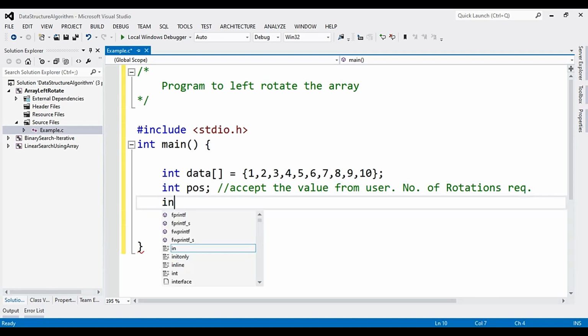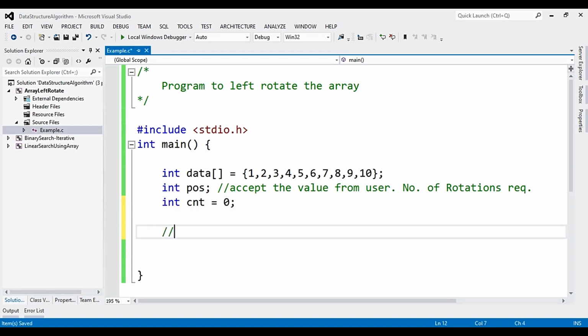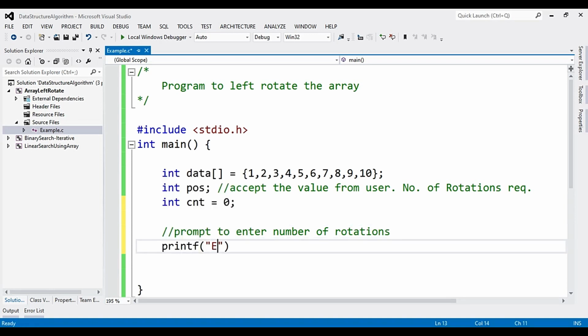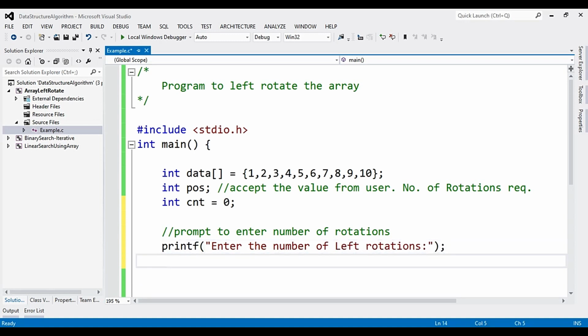And we'll have a counter variable which will be initialized to 0, and we'll prompt the user, so the user will enter the number of left rotations. I'll get the value in the variable.